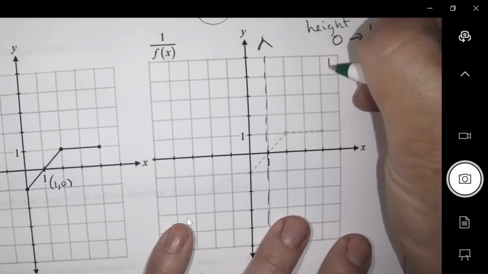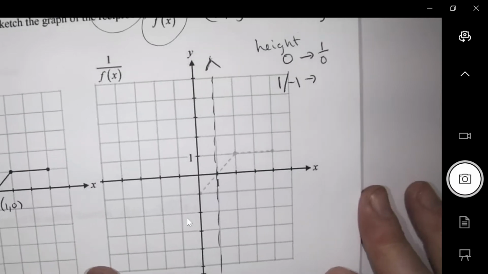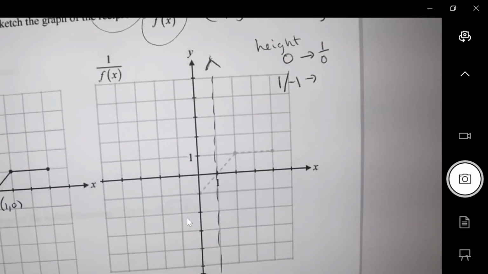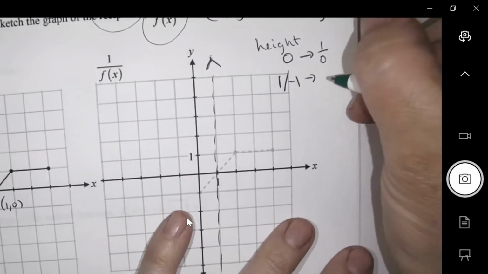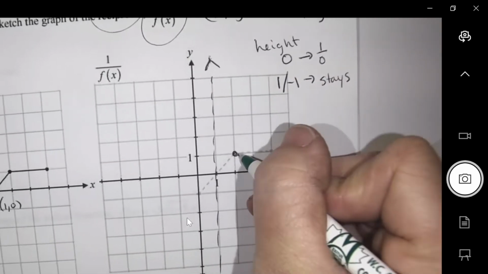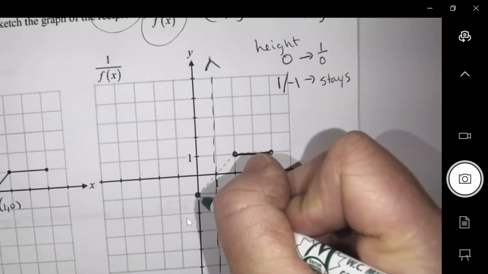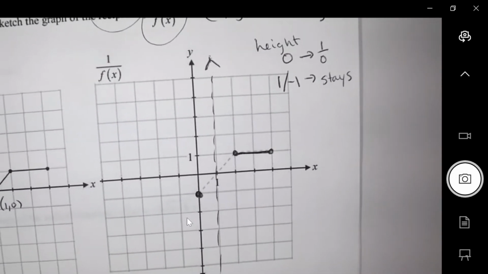Then the next thing I do is where is there a height of 1 or -1? Because what happens when you flip 1 over 1? What's 1 over 1? Stays the same. So these points would be invariant. Anytime there's a height of 1, so all of those points and that point,